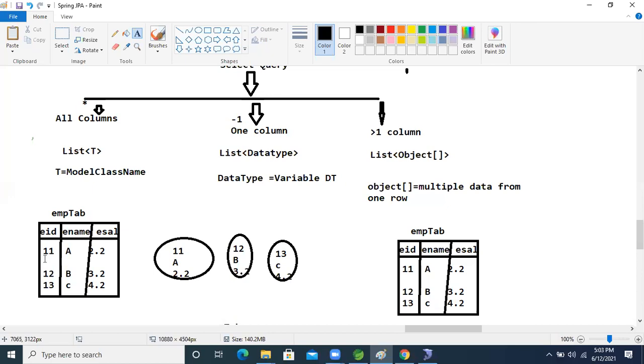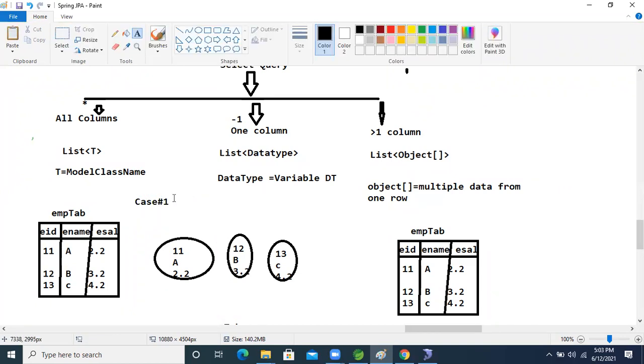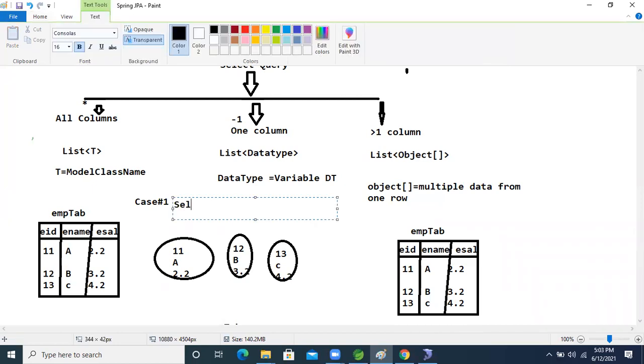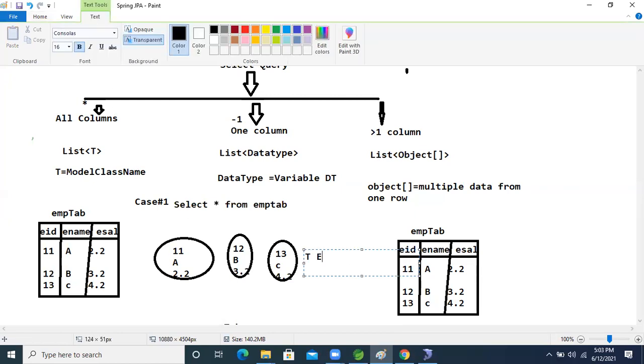This is case one. If we are performing this operation, select star from EMP tab, all records, all rows will convert into objects. T, as I told, means the Employee class.